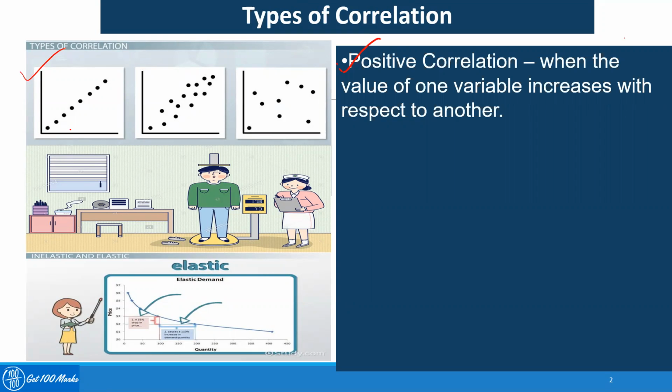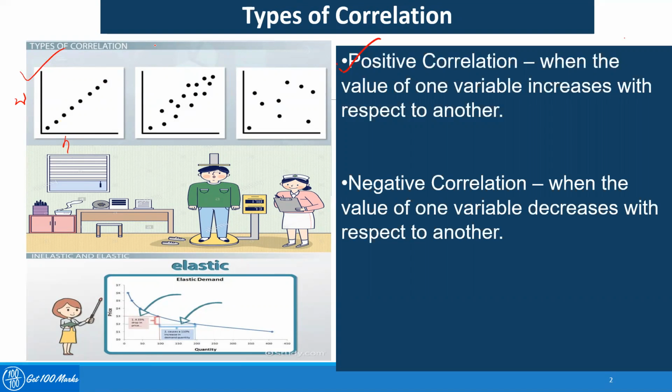Another example is income and consumption. People who have more income normally tend to consume more, though there might be exceptions. So this is actually a scatter diagram. On the x-axis, we are representing one variable. On the y-axis, we are representing another variable. So if we are representing the height and then the weight, we can just see how they will be increasing.